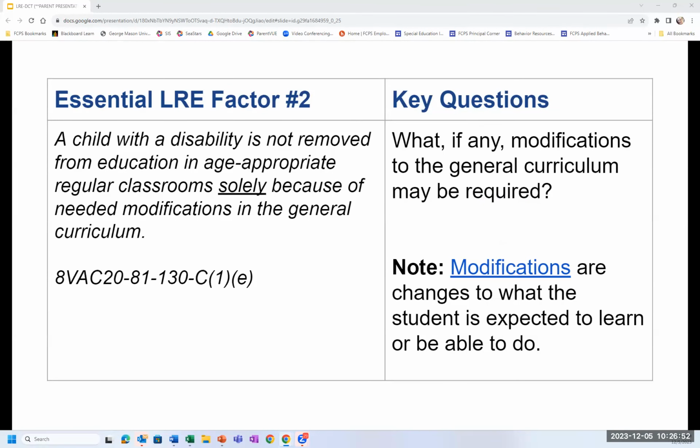So essential LRE factor 2: a child with a disability is not removed from education in an age-appropriate regular classroom solely because of needed modifications in the general education. So the key question to consider here is, what, if any, modifications to the general education may be required? Now there's a note here and there's a link in our form and that will bring up a modifications and